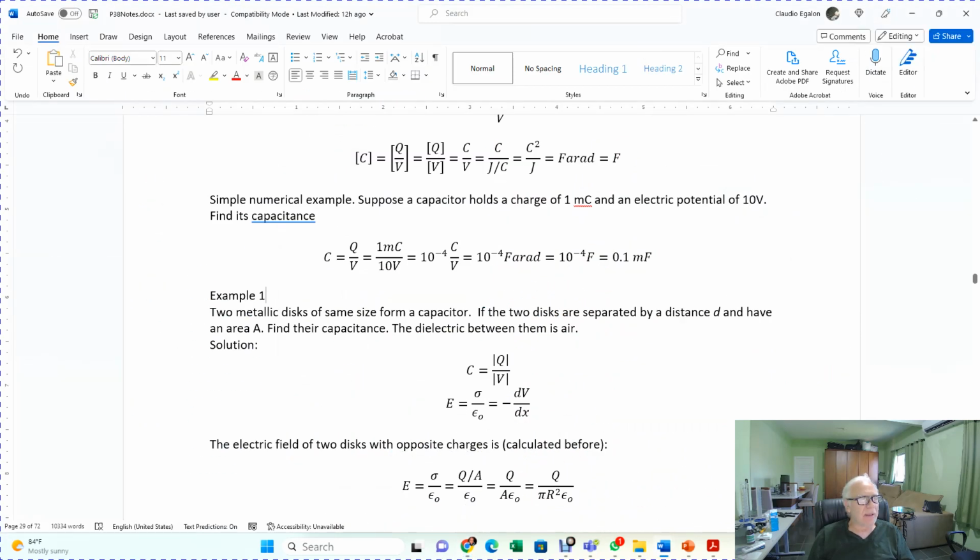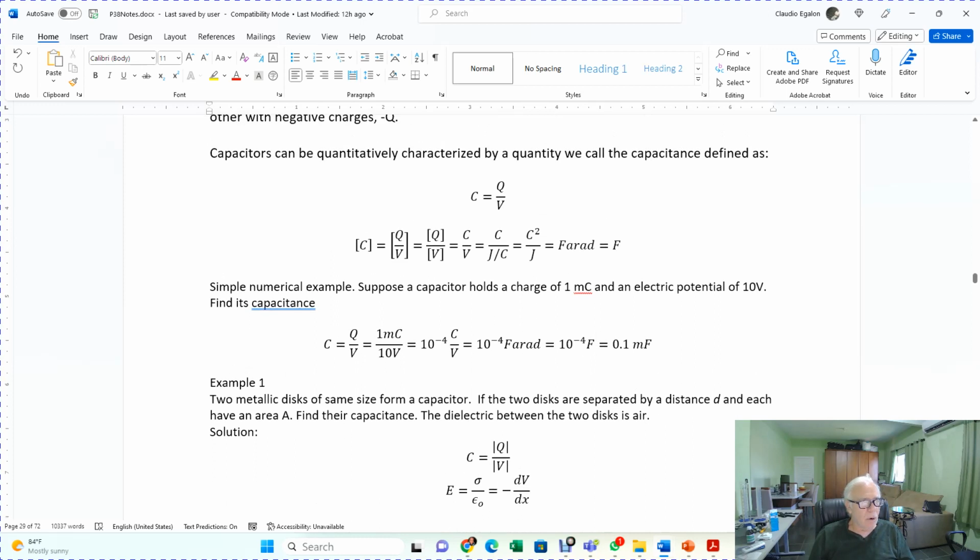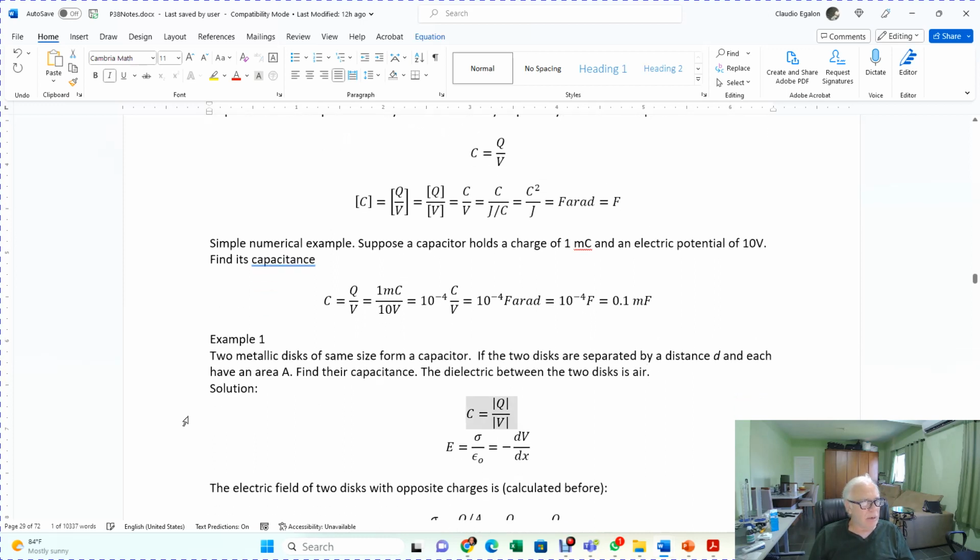Two metallic discs of same size form a capacitor. If the two discs are separated by a distance d and each have an area A, find their capacitance. The dielectric between the two discs is air, which by the way is a dielectric. Okay, so what do we do? We start with the definition of capacitance, Q divided by V, and then we want to